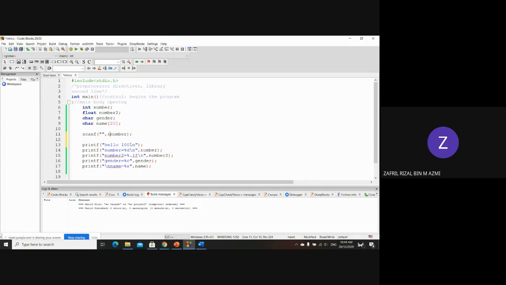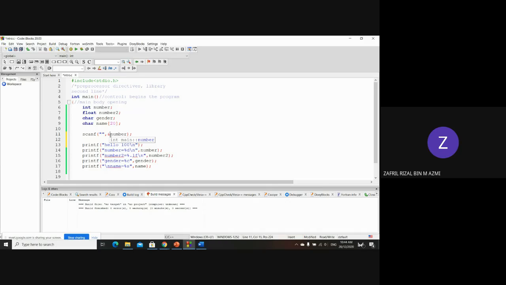Address of what? Address of this variable. Meaning that we want to store the value entered by the user inside of variable number address. You know that